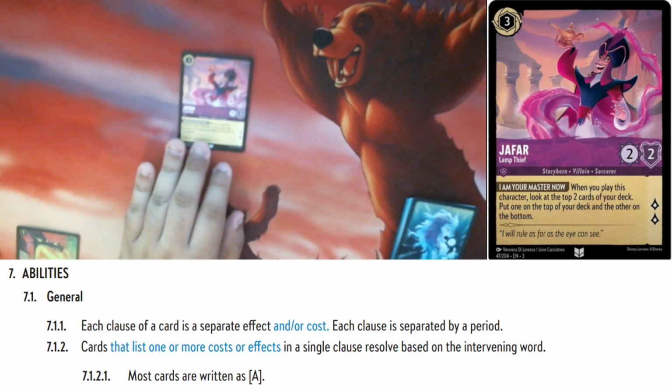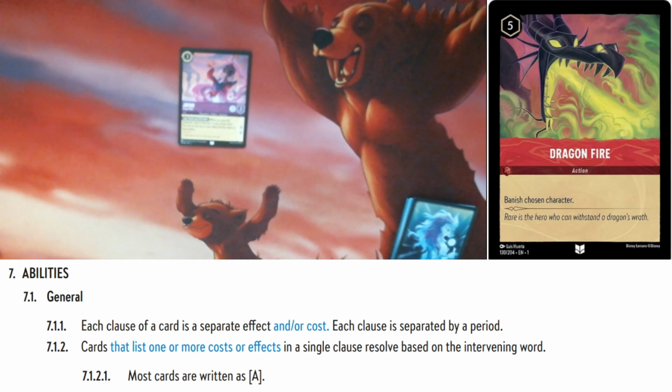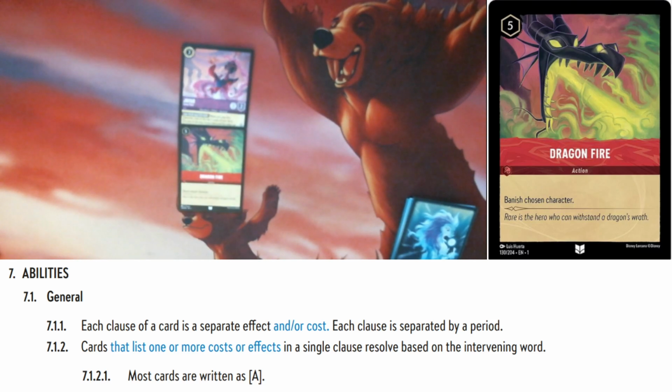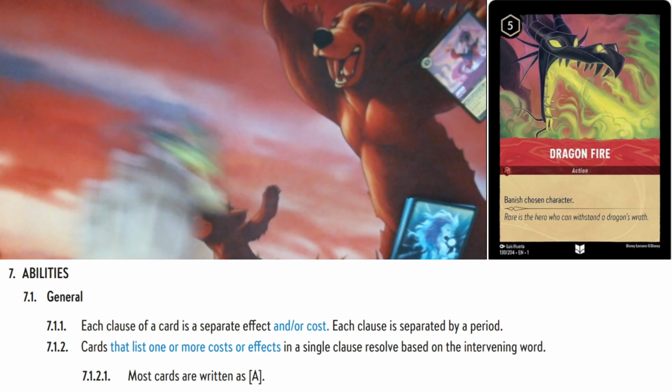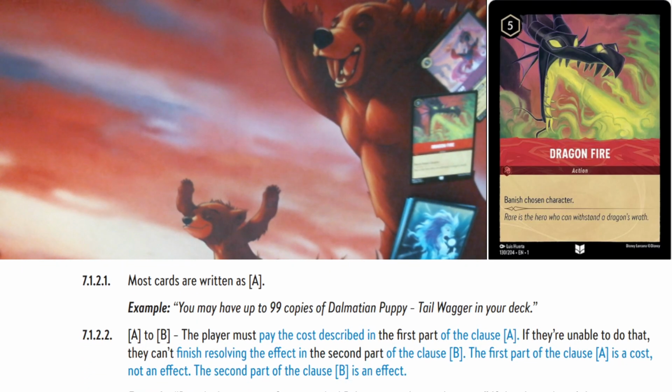Most cards are written as A, which is just, it has an effect. Here's Dragonfire. What does Dragonfire do? Banish chosen character. Great. Choose a character, banish it. Fantastic. Resolves. We're done. We love Dragonfire. It's our best friend. But of course, things get more complex. We scroll down. We go to